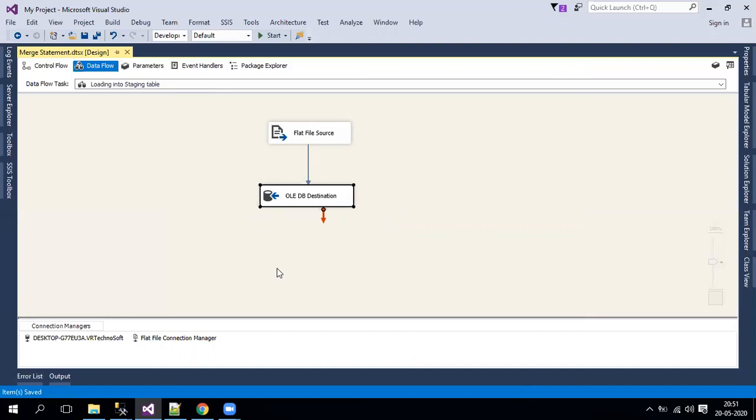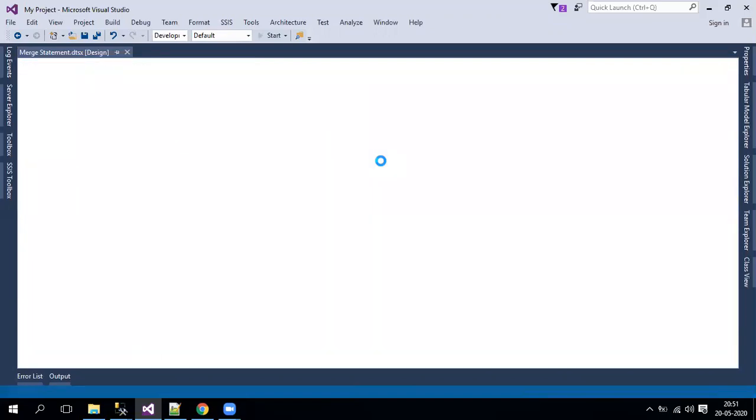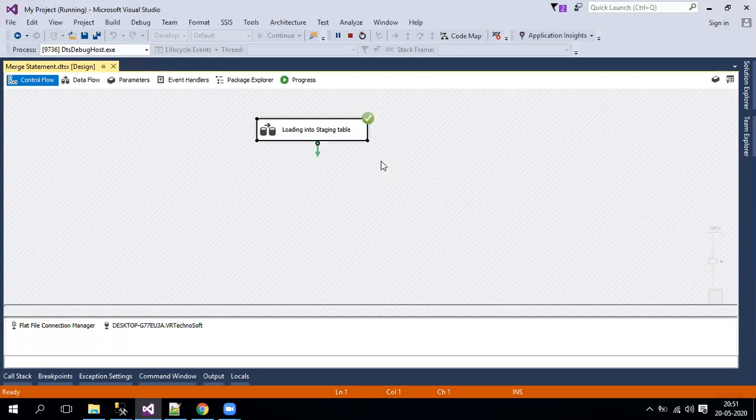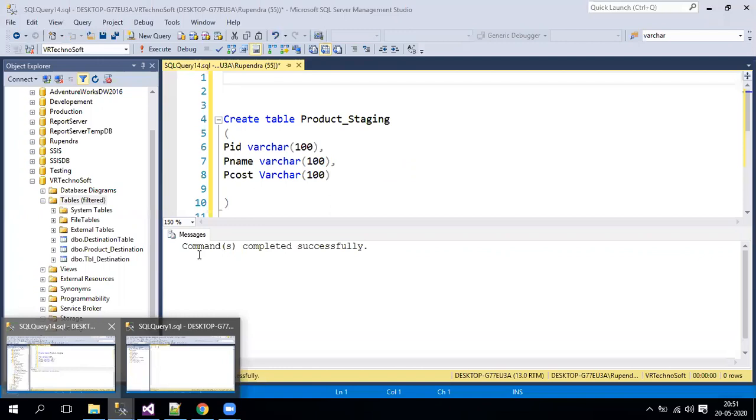Yeah. So now what I will do is we'll just simply load this data, and then we can go for the merge. So merge is nothing but merging from source table to destination table. Now the source here for us is the staging table, and the destination is our destination table here. Yeah.